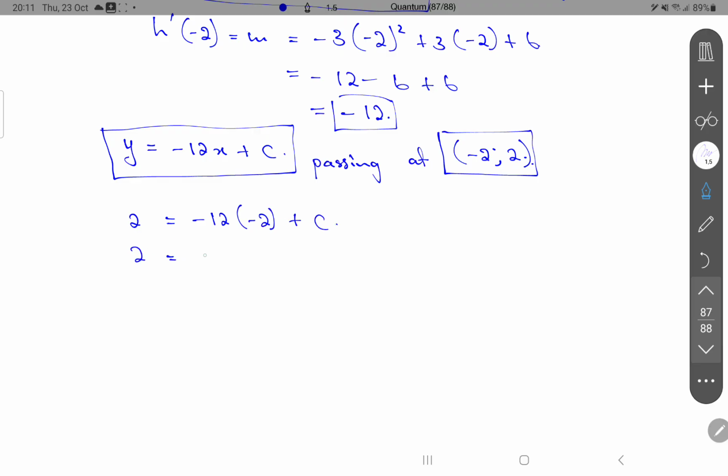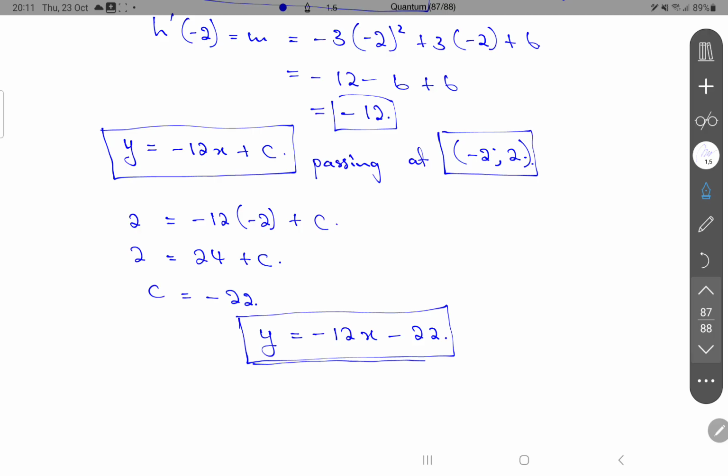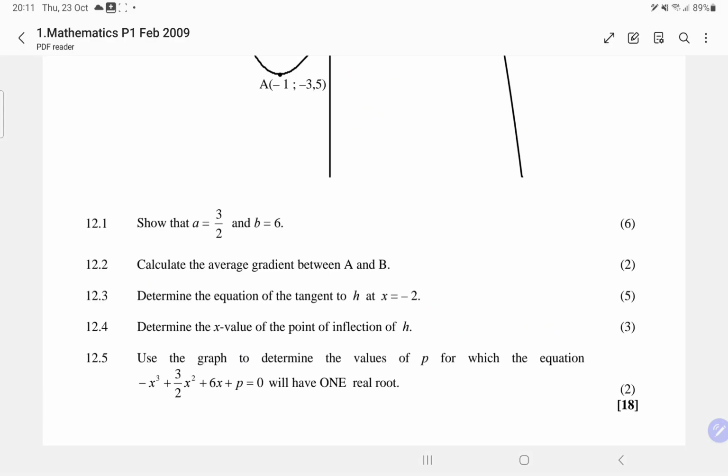So 2 is 24 plus c. So c is negative 22. So our equation becomes y = negative 12x minus 22. This is the equation of a tangent at x equals negative 2. You have to say at that point because it's happening at that point. It's not happening everywhere. So question 12.4 says determine